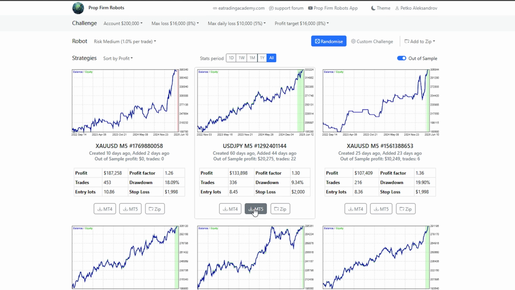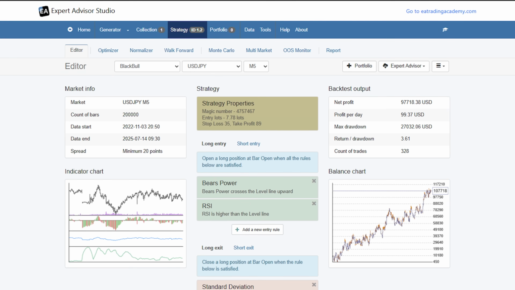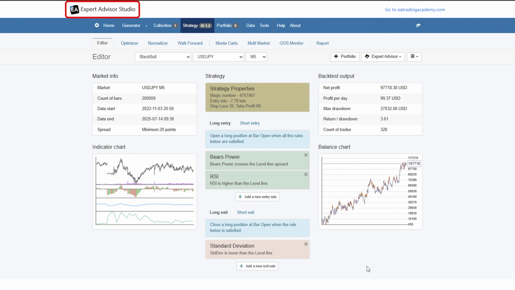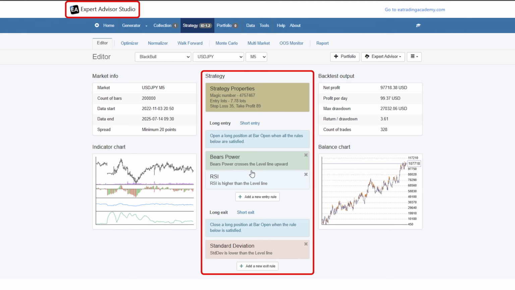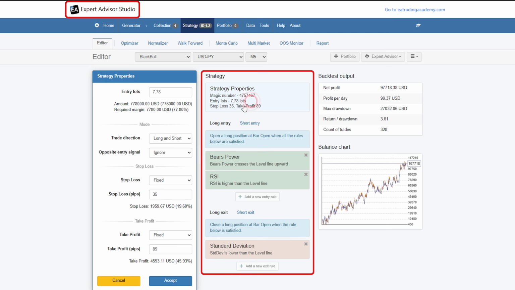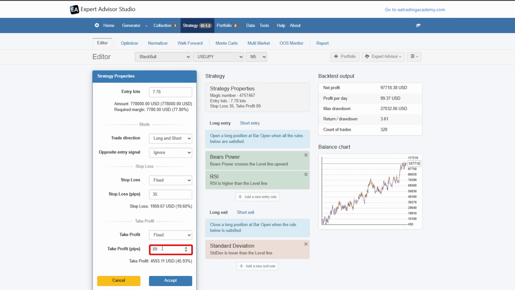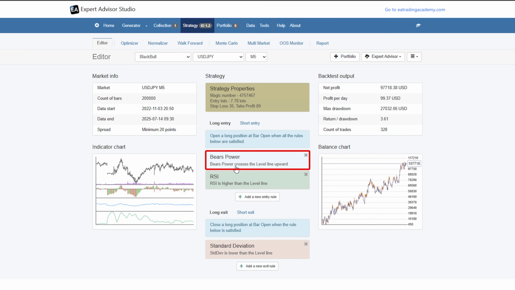And once I download this expert advisor, what I can do is to upload it back in EA Studio. This is a professional strategy builder that we use to generate strategies, to automate strategies, to see how the algo trading works in general. And now I can see how this expert advisor works and what are the entry rules, the exit rules. So I can see that there is a stop loss of 35 pips and a take profit of 89. If I increase just with 1 pip, you will see that it doesn't really change the balance chart a lot. So I can afford some randomization from the app,